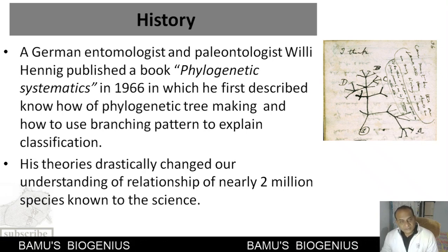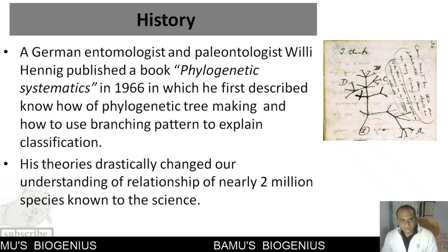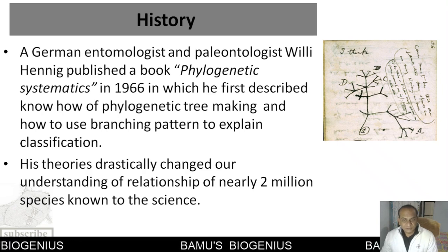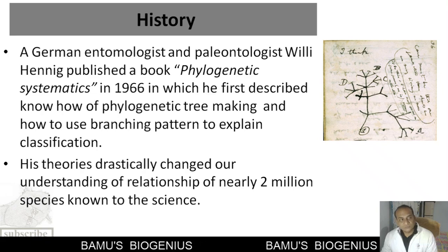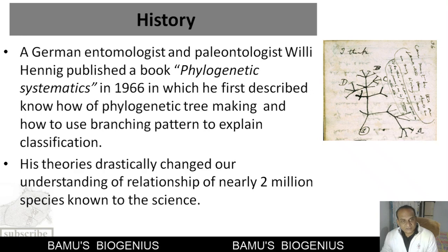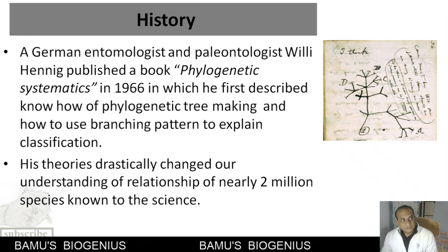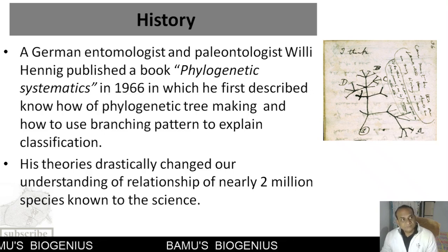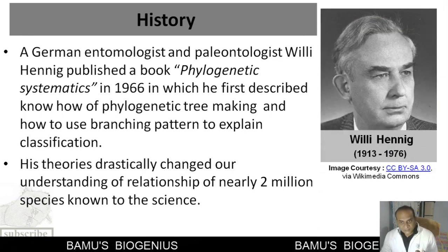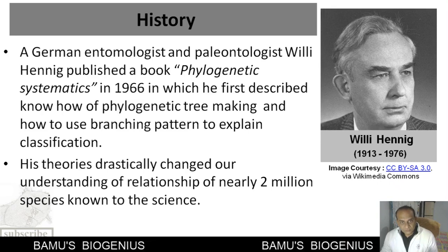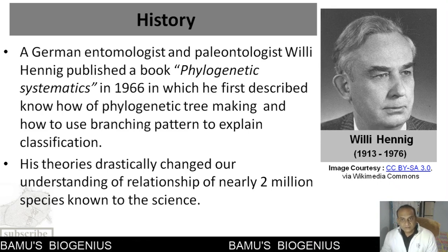Then the other concept: with the advent of science, new methods were used, and by the 1950s Mendel's laws were there, and people came to know that genes are present, and whatever phenotypic characters are there are because of the genes. So another notion that prevailed at that time is known as genealogical classification. And this man was the first who systematically, scientifically, tried to use that genealogical concept